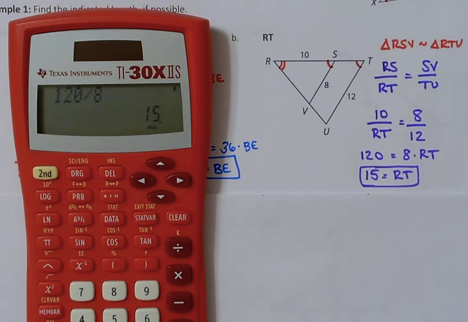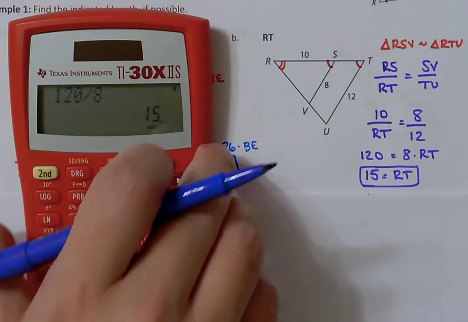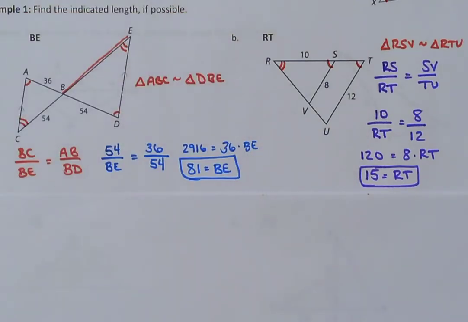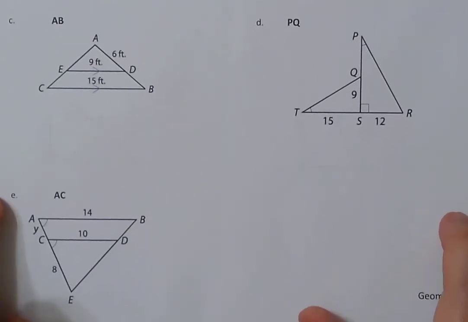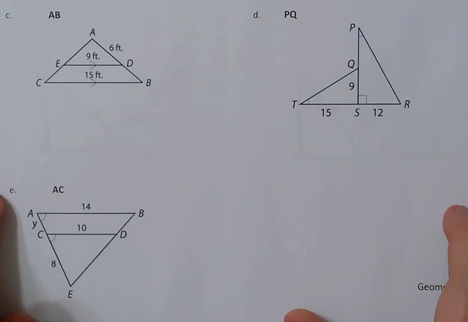So you do the same thing for parts C, D, and E, where you go through, first of all, and determine using angle-angle if they are similar. Once you know they are similar, you can go through and set up the proportions. With that said, let's run through a few more just for practice and for reference. So if we move on to C,